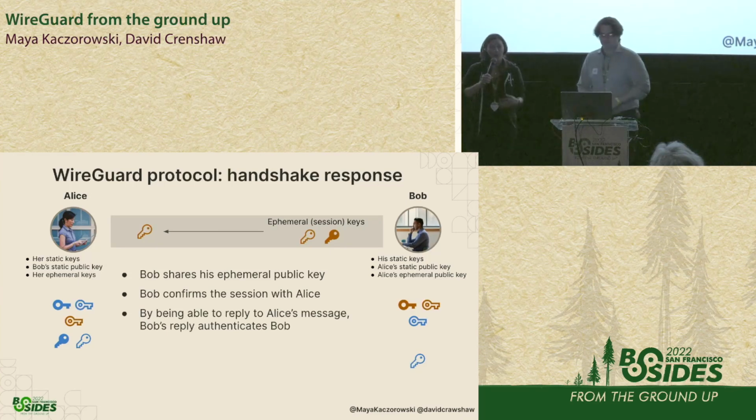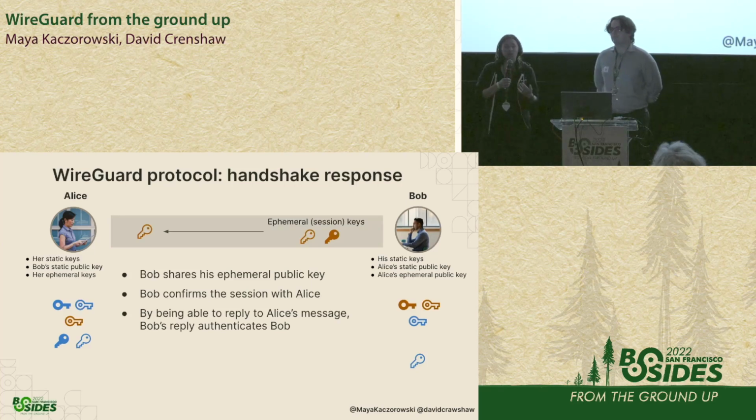And then Bob can respond to Alice's handshake. To do so, Bob first generates his ephemeral public-private key pair for this session. His handshake response to Alice includes identifiers for both Alice and Bob, so he can, in his registry, know that he's talking to Alice and this is a session with Alice. It includes his ephemeral public key, a key derived from his ephemeral private key and Alice's public static key, some hashes to verify all of it, and then also some cookies to let Alice try to communicate with Bob again